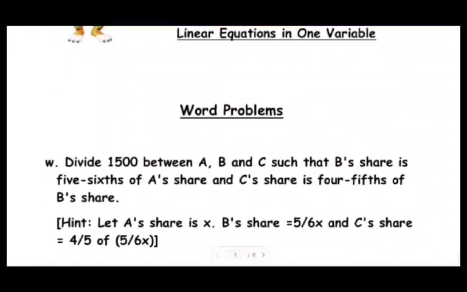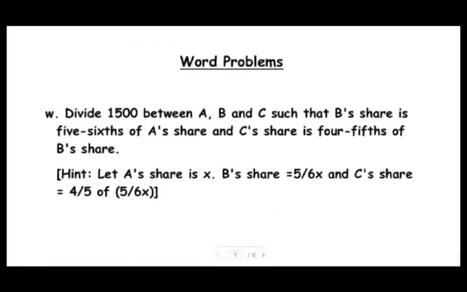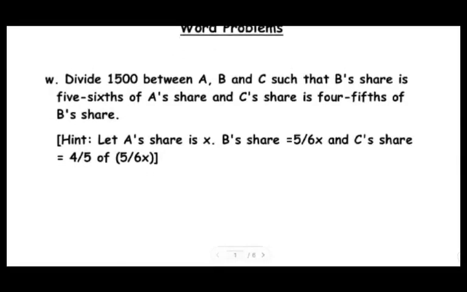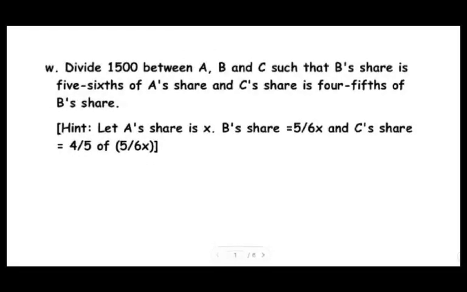We are continuing with word problems and our first sum says: divide 1500 between A, B, C such that B's share is 5/6 of A's share and C's share is 4/5 of B's share. Here the hint is given. Let A's share